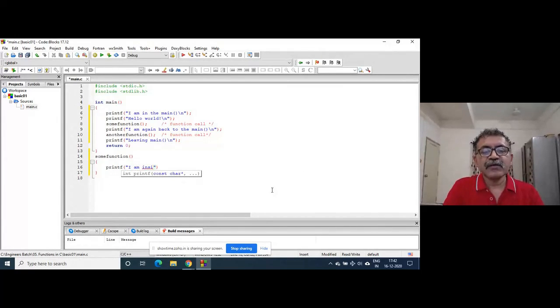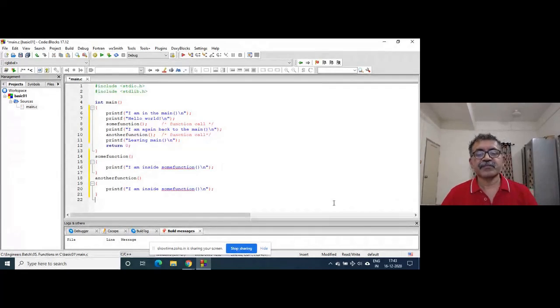Now I'll write something here. I'm inside sum function. And put the bracket. I will not write anything here, just a single statement. One more function is there, another function. So I will write here another function. Right, so if I build this code,